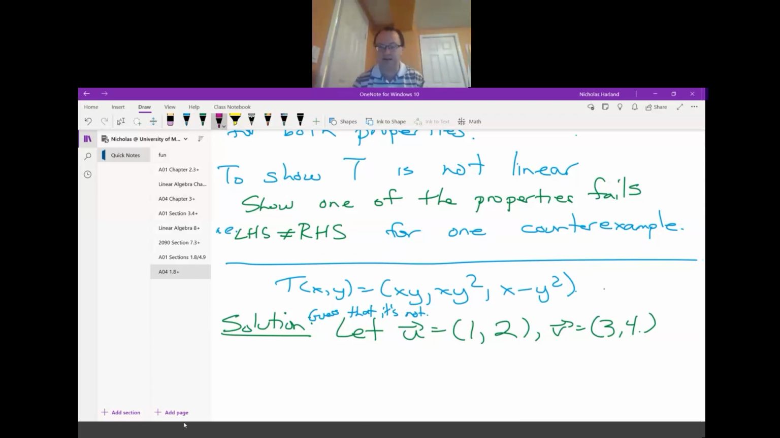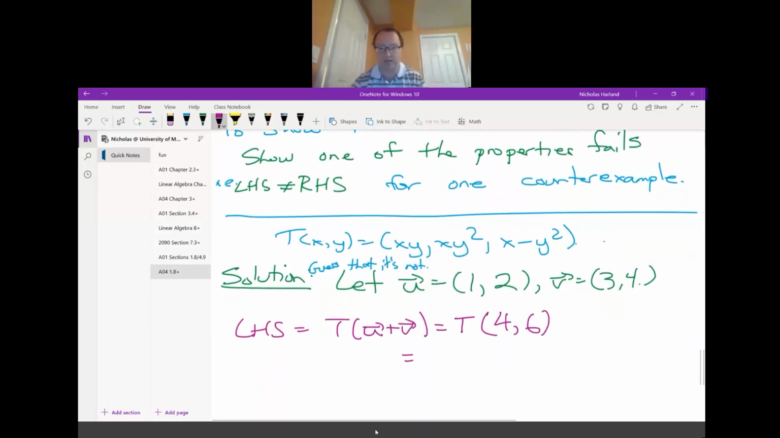So we're going to take a look at our left-hand side. Our left-hand side is equal to T of u plus v. Order of operations, what do we do first? Add them together. What's u plus v? 4, 6. Sounds good. And just like we did with T of 1, 3 before, we're going to plug in: 4 times 6 squared, 4 minus 6 squared, that's 24,